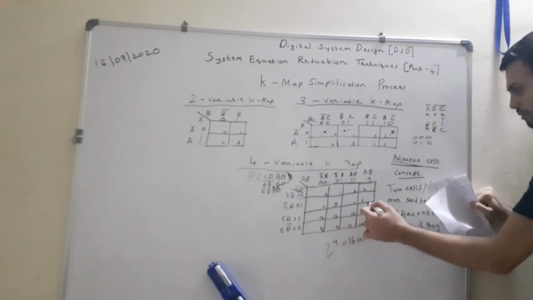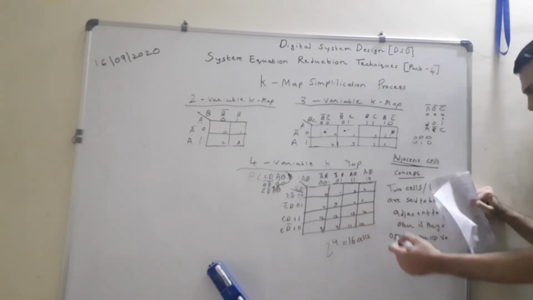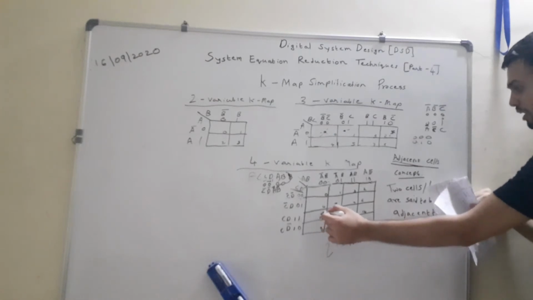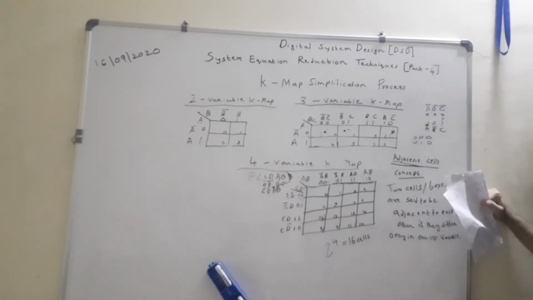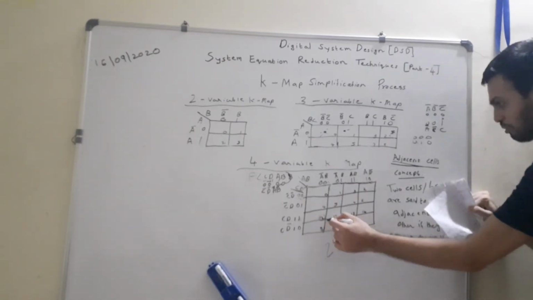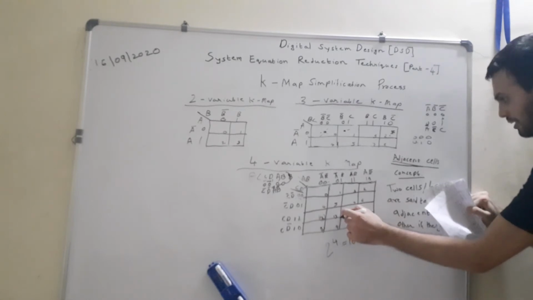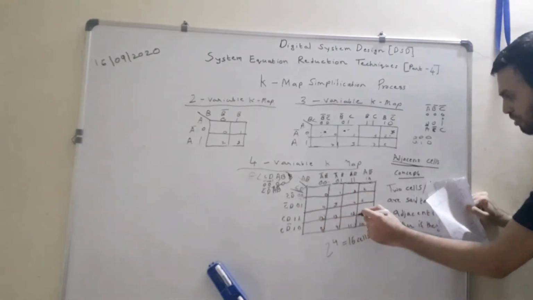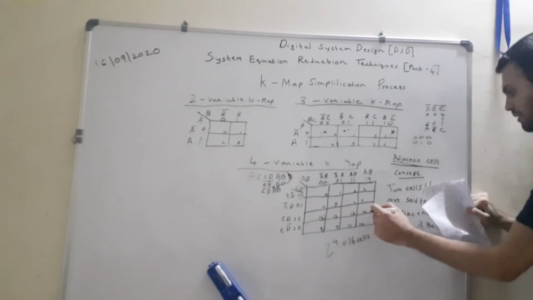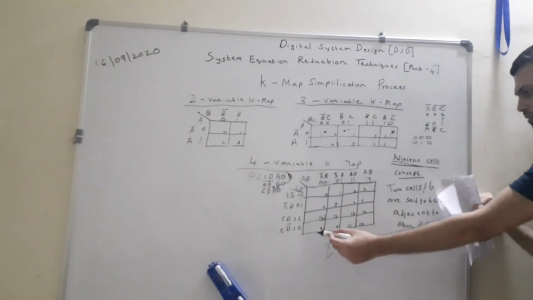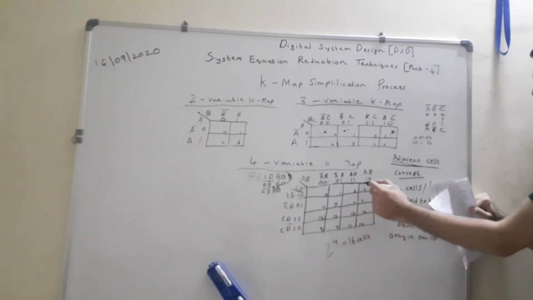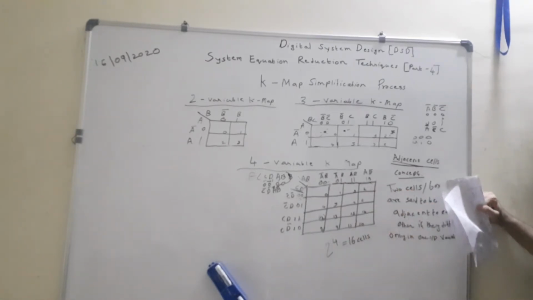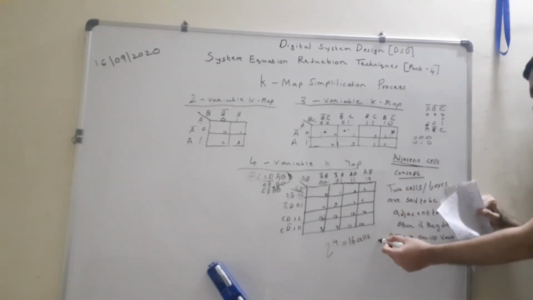Otherwise you may think, after 6 7 why have I written 12 13 14 15. So you don't need to memorize these numbers. You have to just read and write accordingly. So here 1 1 0 0 is there, so 12. Here 1 1 0 1 is there, that's why 13. Here all ones are present, that's why 15. Here 1 1 1 0 is there, that's why 14. And the last row is simpler because 1 0 0 0 is 8. 1 0 0 1 is 9. 1 0 1 1 is 11. And 1 0 1 0 is represented by 10. So this is how you represent a 4 variable K-map.